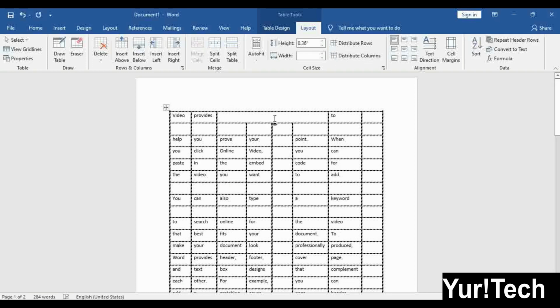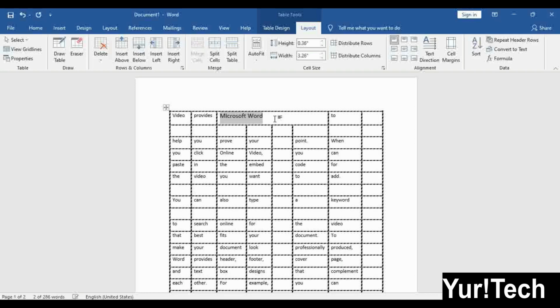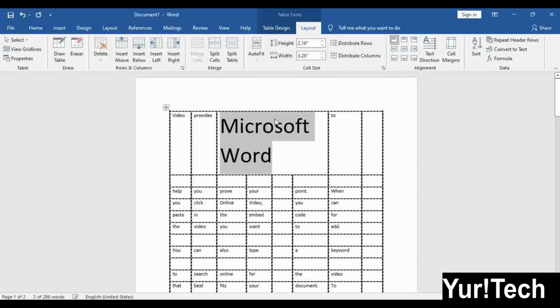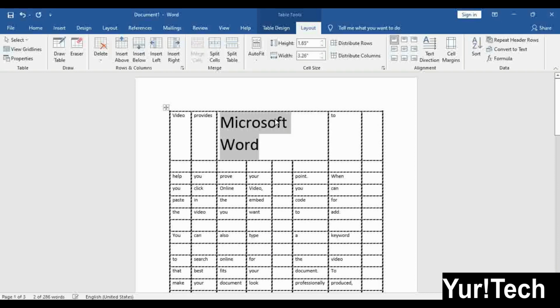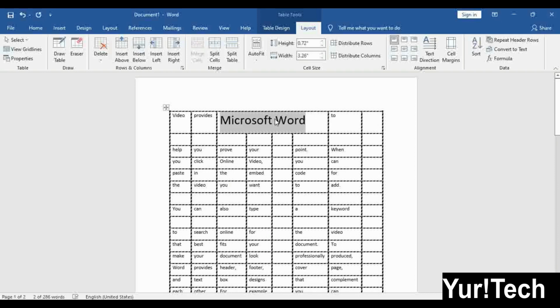Now you can write here Microsoft Word. Now select with shift plus back arrow or right arrow, then control shift plus greater than to resize this. Okay. Another comes split cell.